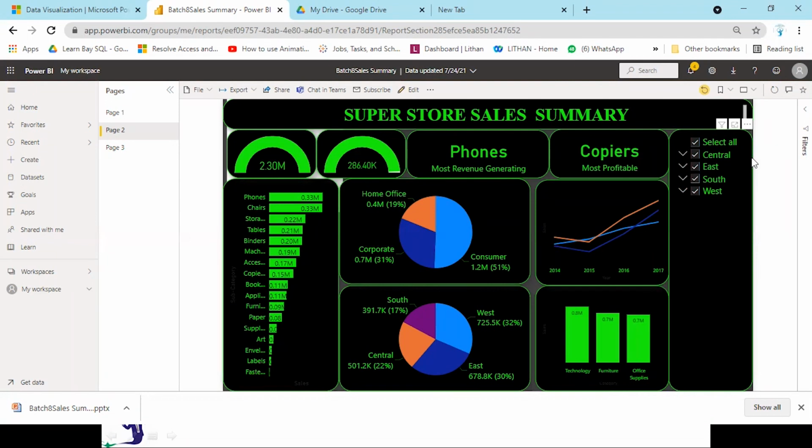Another important point regarding the dashboard, which I wanted to highlight: if I am putting the entire report into the dashboard, then what is the utility of creating a dashboard? One utility of a dashboard is that you can get visuals from different reports.